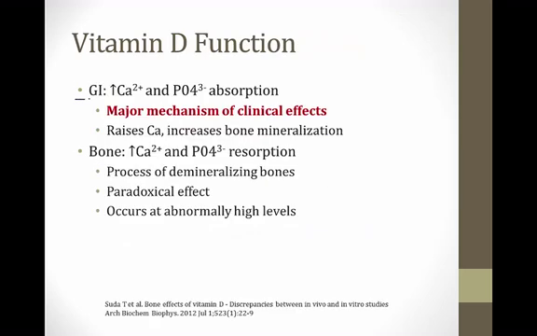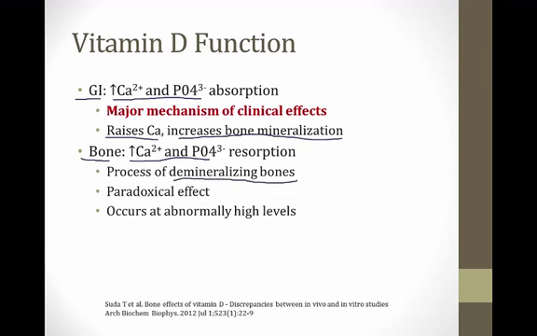Vitamin D has effects in the GI tract and in the bones. In the GI tract, it increases the amount of calcium and phosphate absorption. This raises the calcium level, and because there's more calcium and phosphate available, this will lead to increased bone mineralization. And you may know that vitamin D is important for healthy bones. In the bones, vitamin D can also stimulate the resorption of calcium phosphate from bones. This is good for raising your calcium and phosphate level, but it's bad for the bones because it can lead